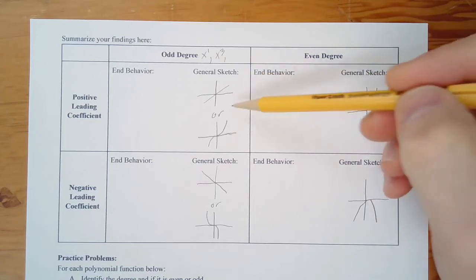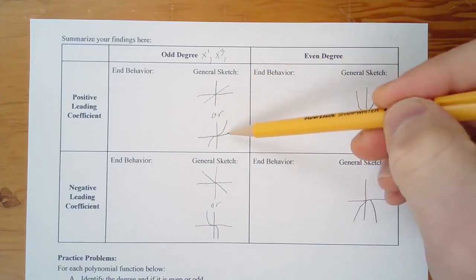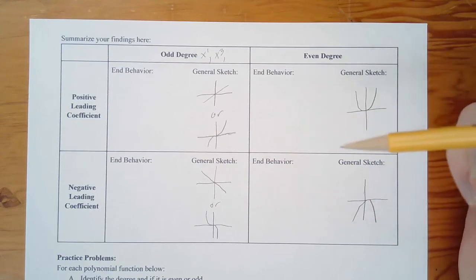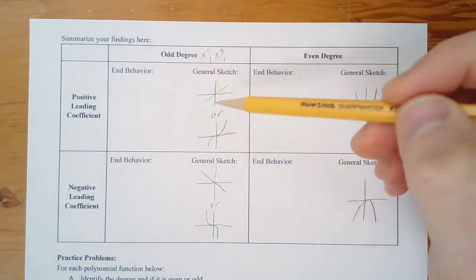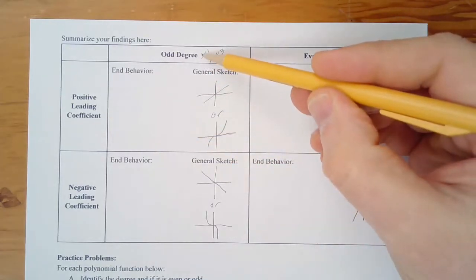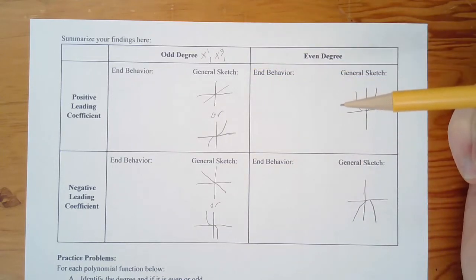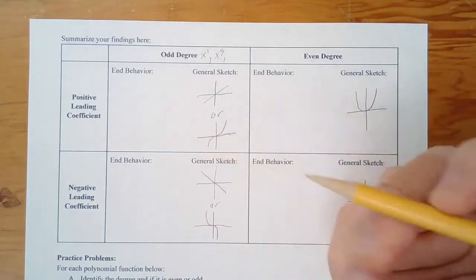So I went ahead and just drew the sketches here. This would be just a linear one, and then if it was higher, like x to the third, x to the fifth, it had some curves in it, something like this. But the end behavior is the same for all odd degree polynomials that have a positive leading coefficient. Okay, meaning that the term that has the highest exponent has a positive coefficient. So the end behavior